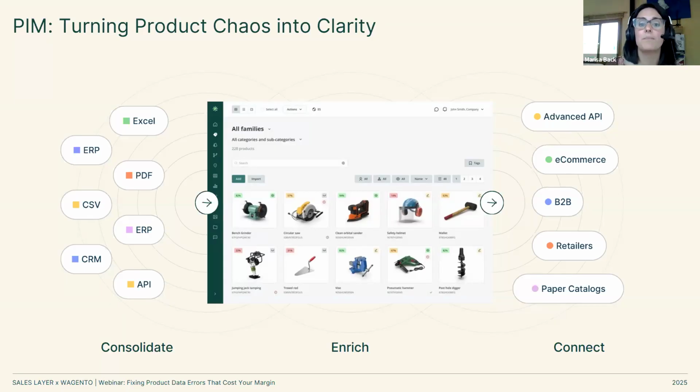It's a collaborative effort to get your products out there. And so the PIM also helps to enrich your product information. And then once you have one central source of truth for your product information, you've got a place where you can make your products attractive. Then you have a place where you can connect and syndicate all your product information to. We have B2B functionalities. We'll cover that today. We also have places where you can connect to e-commerce sites, marketplaces. We have paper catalog creation, which is important for the B2B businesses also. So again, the PIM is there to help you connect things. So these three areas of focus are really what a PIM can do for your business.